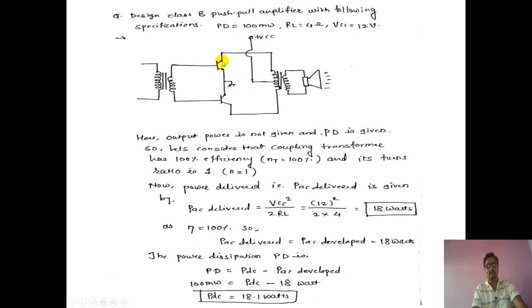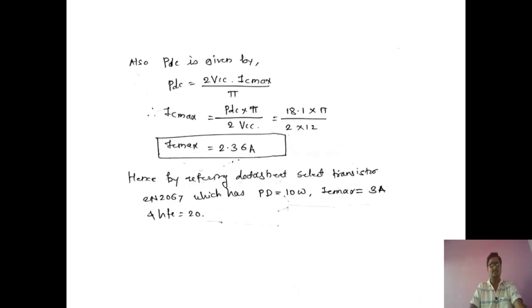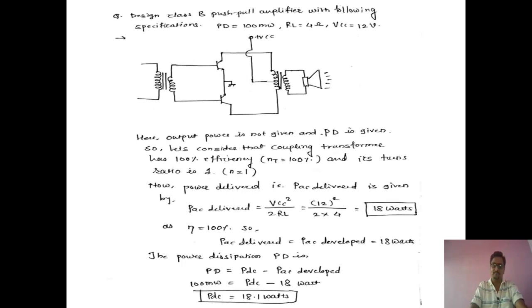What do we have? We have only 2 transistors. If it is class AB, then 2 extra resistors I have to calculate, 2 biasing resistors, then a coupling capacitor. No, nothing is there. Only 2 transistors. Which transistor we are going to select is important. And see, we are concluded. So this is the smallest design of class B push-pull amplifier. Right. So let's check the next example.